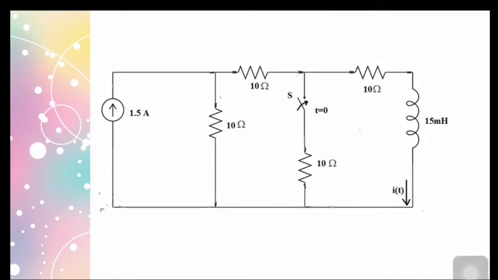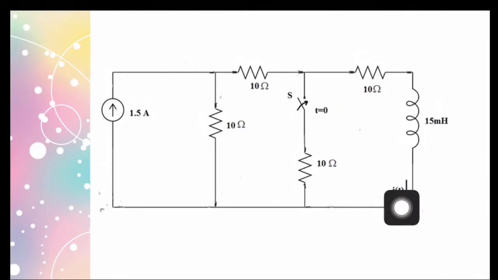Let us first consider the condition t less than 0 and find the current I(t) at t equal to 0 minus. That is the moment just before t equal to 0. For finding that current, we are supposed to obtain the equivalent circuit at t equal to 0 minus. As I said earlier, the switch S is kept open for a long time. Hence, this network reached its steady state with the open switch at t equal to 0 minus. Correspondingly, we can replace this inductor with a short circuit.